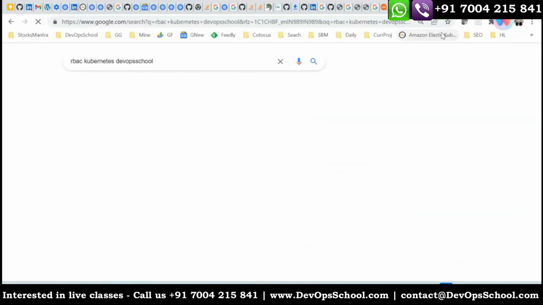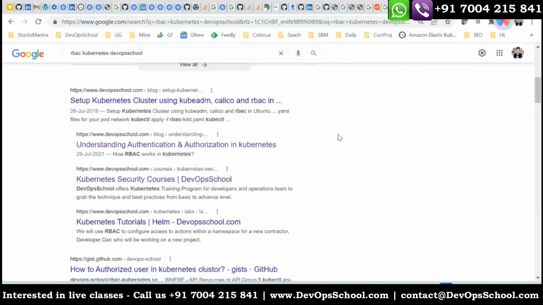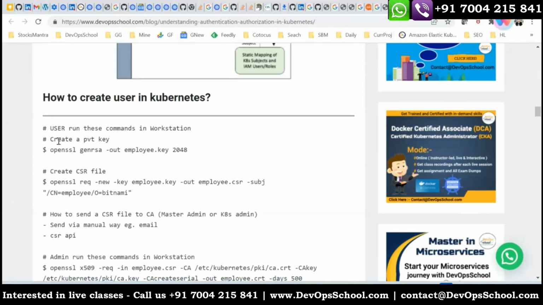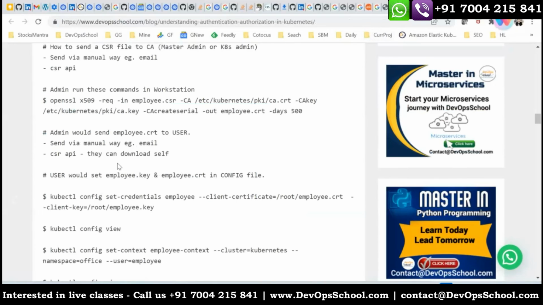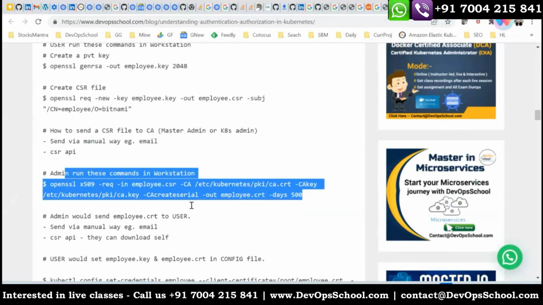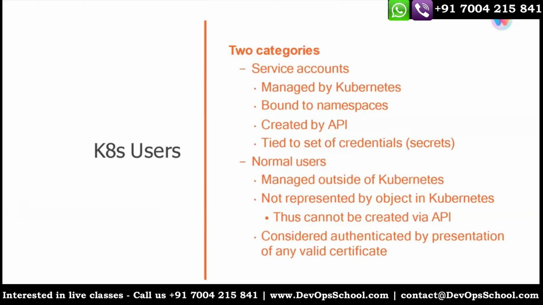The same process which I showed you manually, the Kubernetes init process is also doing the same thing. I told you, right? Step number 1, creating a private key. Step number 2, CSR file, and then converting to a certificate. So the same thing has been done for the admin account also, while creating a cluster. Okay, so now